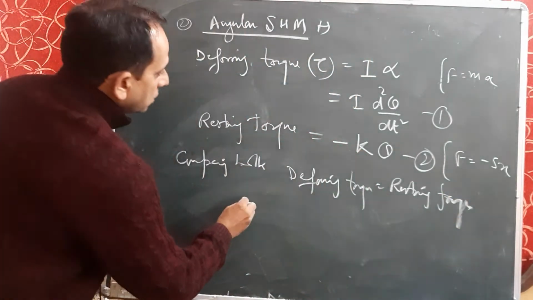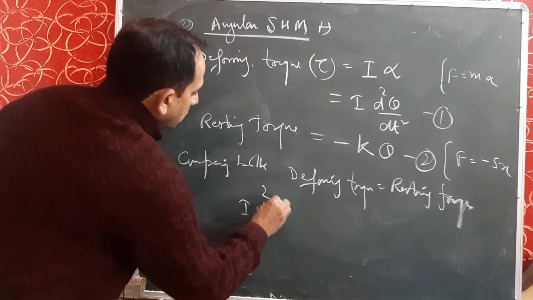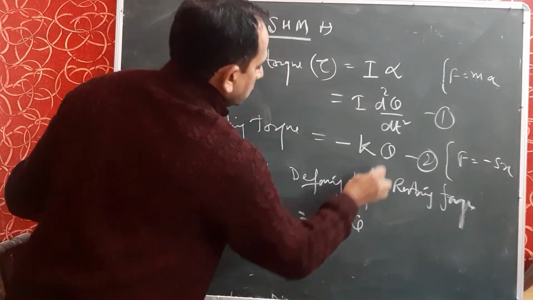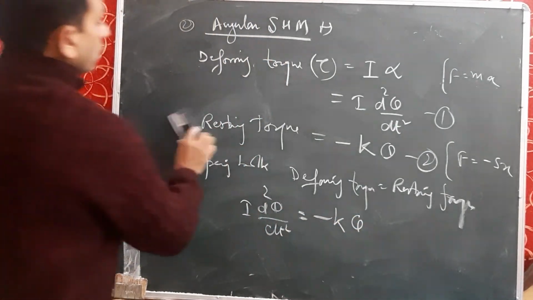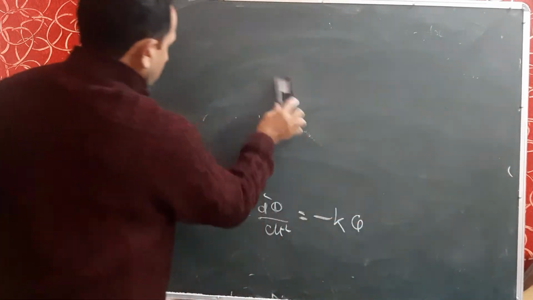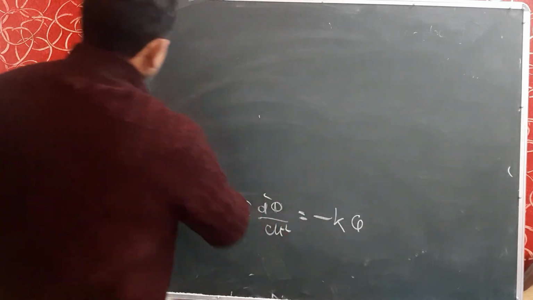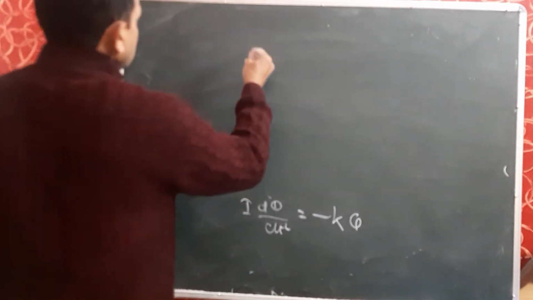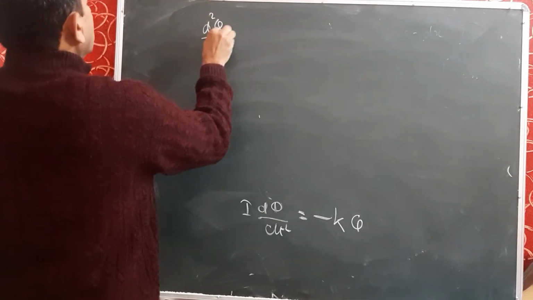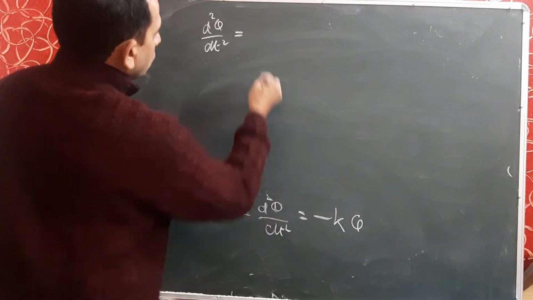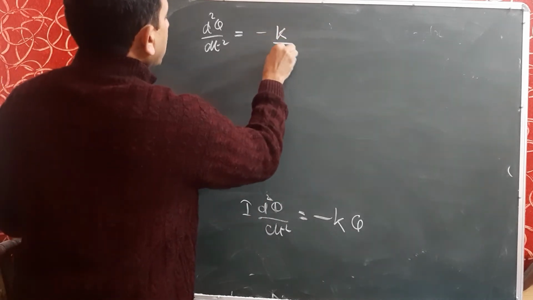So deforming means I into d square theta upon dt square is equal to minus k into theta. Now make this equation like the standard harmonic motion equation. So d square theta upon dt square is equal to minus k over I,